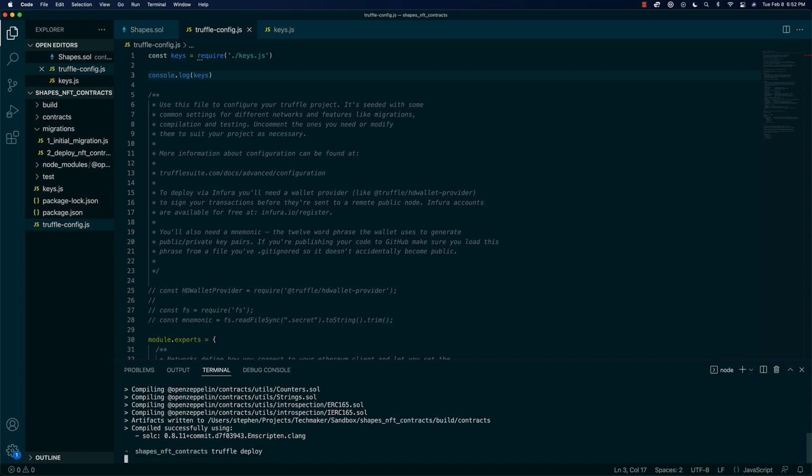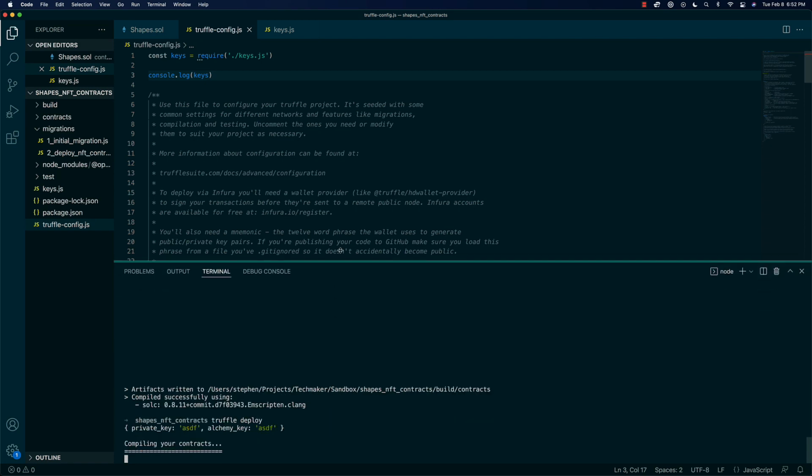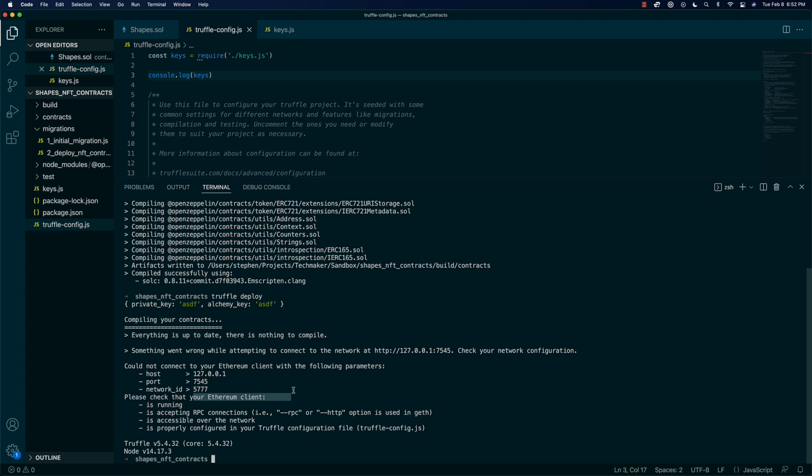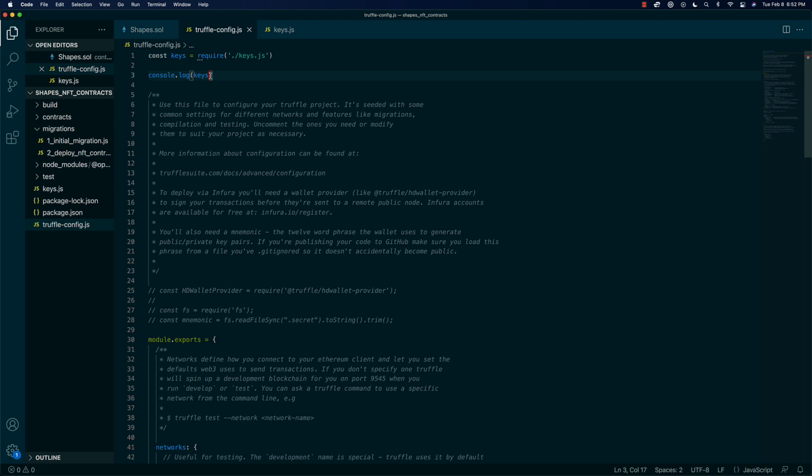It's probably going to break, but it may spit out our answer here at the very top. So you can see right here, it's not running because we don't have a client running and stuff, so that's fine. But you can see we have our keys being printed out here. So what this is going to let us do,